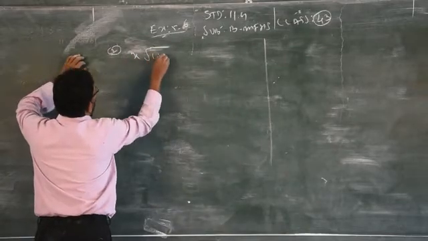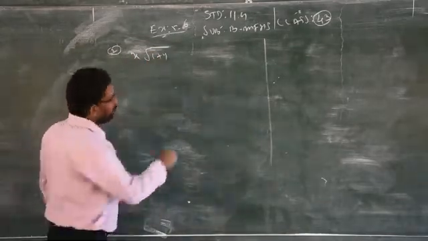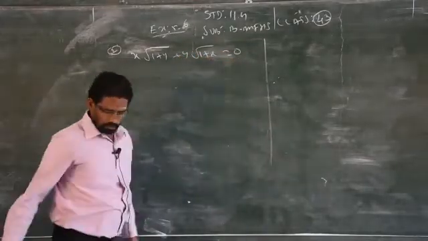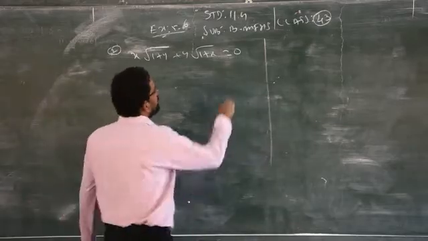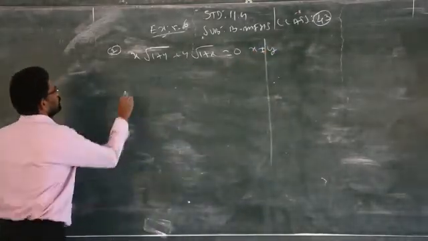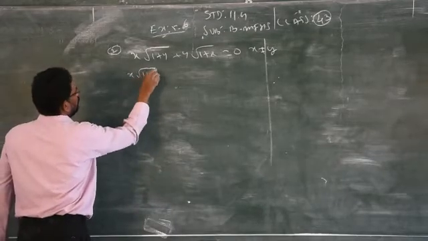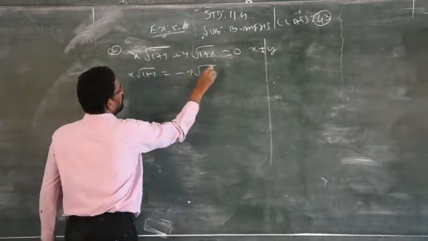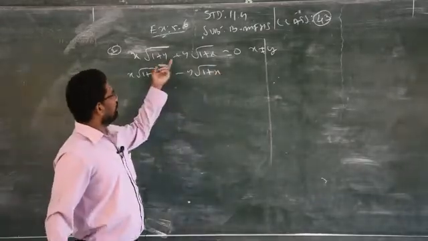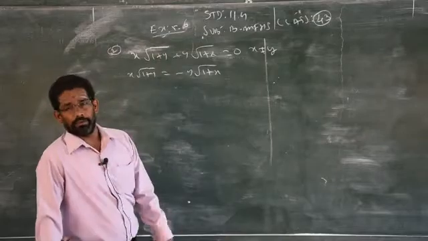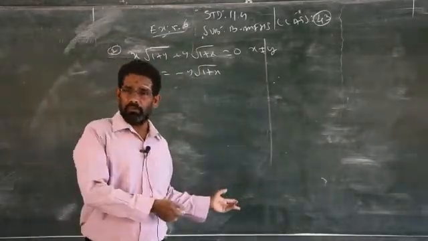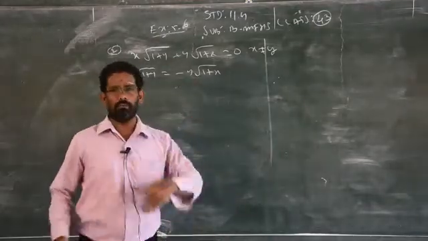x square root of 1 plus y plus y square root of 1 plus x is equal to 0, where x is not equal to y. So x square root of 1 plus y is equal to minus y square root of 1 plus x. Just for my convenience, I can take one term to the right side. You can keep it as it is and differentiate. The only thing is I can complete it within 4 steps. If you keep it as it is, it will take more than 4 steps.